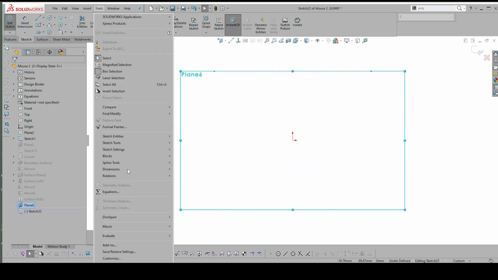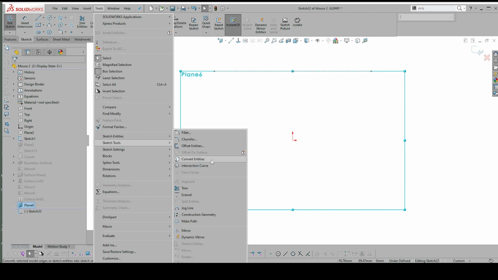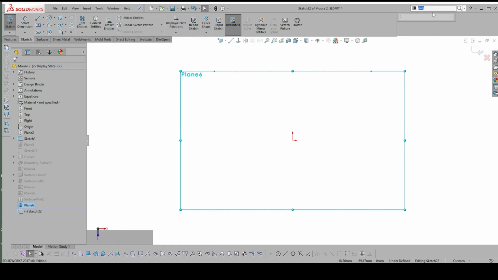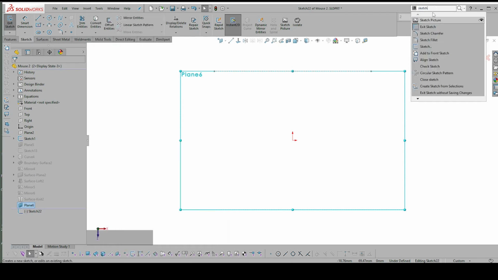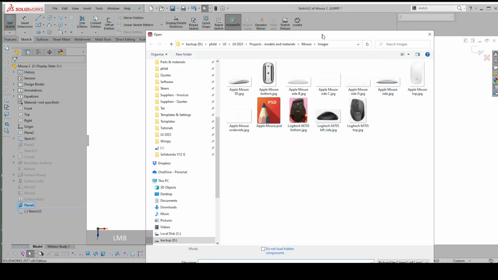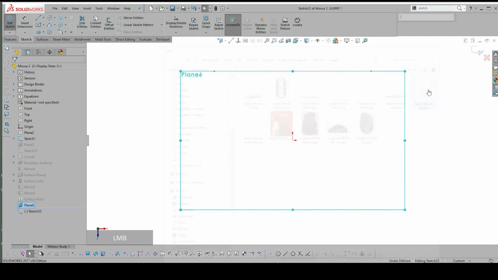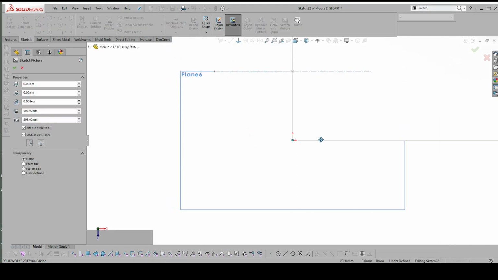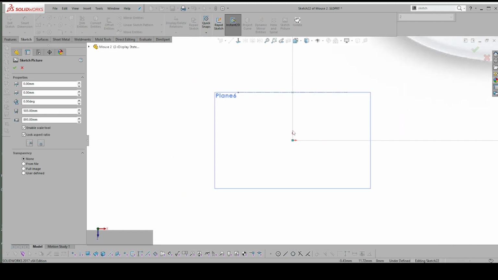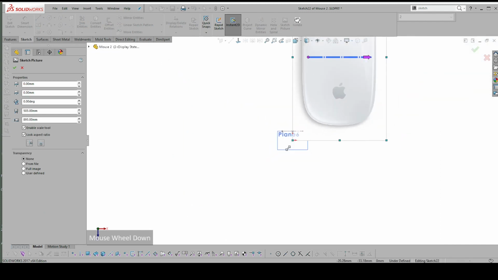Go to Tools, go to Sketch Tools, and then the command will be off screen here. It's called Sketch Picture, it's near the bottom. So I'm going to type it in at the top, in the search bar. Here it is, Sketch Picture, and this should take you to whatever the last location was in Windows Explorer. So I've got mine at the right place. I'm going to grab the image, and it'll place the image on the left-hand corner, on the 0,0